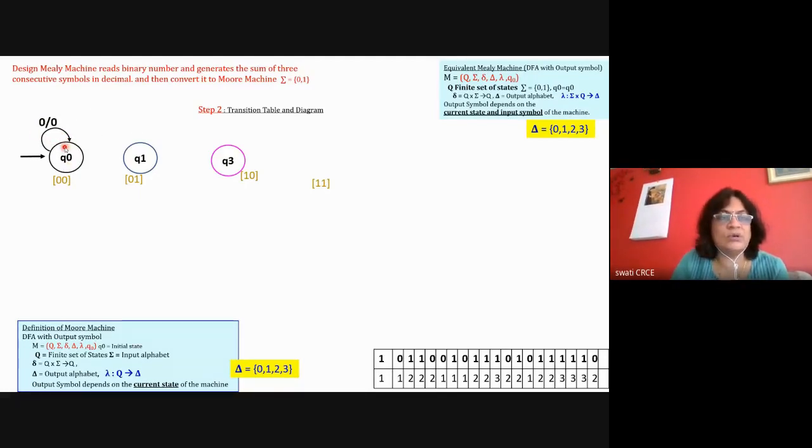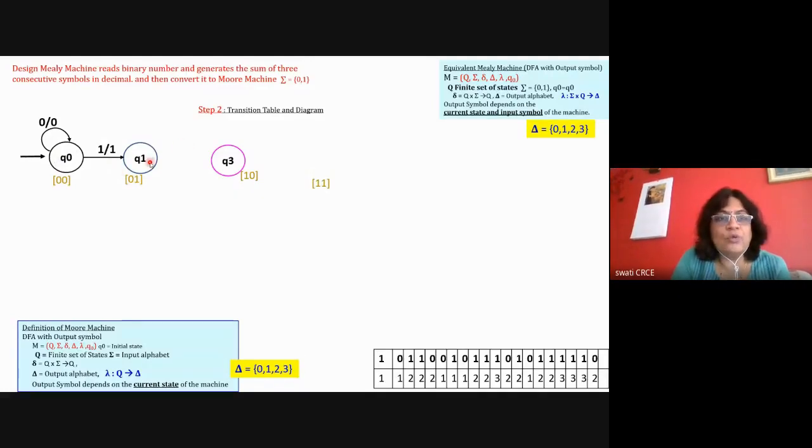Okay, so this is not a problem. With 1, if there is any 1, it will become 0, 0, 1. The last two symbols will become 0, 1. So it will go to the state Q1 and generate the output 1. You can try now: the input may be 0, 0, 1. The output should be 1 at that time. So it is going to the state Q1 where the last two symbols are 0, 1. So I have done with Q0.